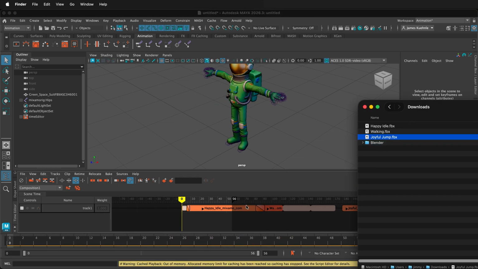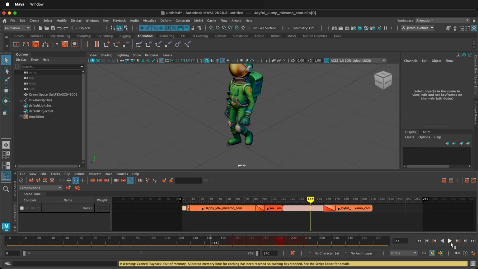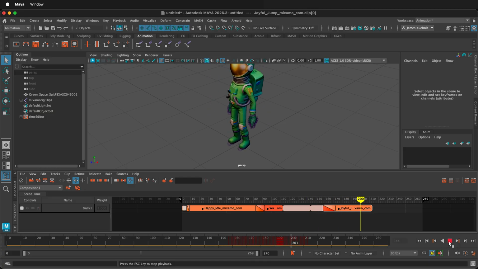Then I'll bring in my joyful jump, and then I'll drag the joyful jump on top of the walking, and even if it's looped, it still does that nice transition automatically. If I press play, joyful jump. Then if I want to have all of these animations actually baked out to keyframes within my character in the